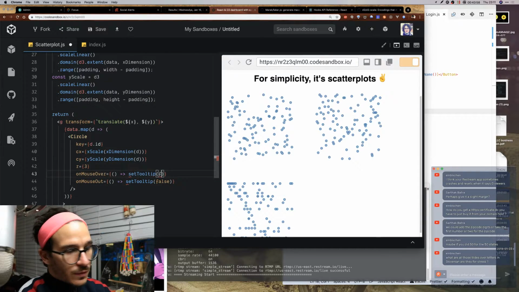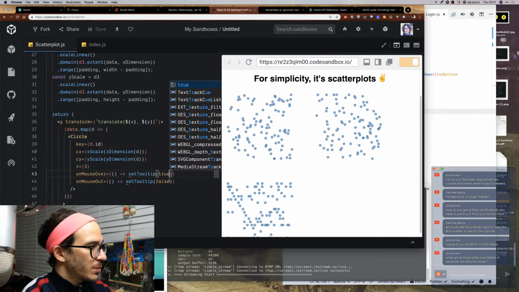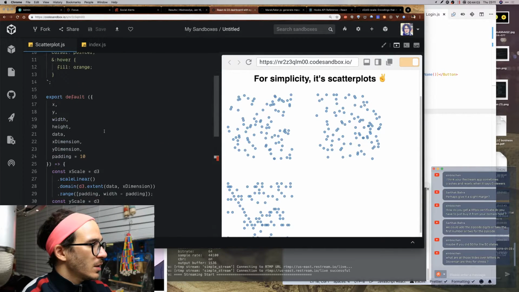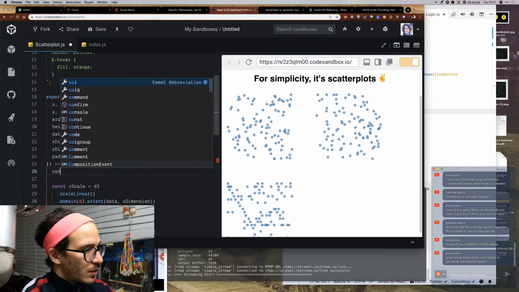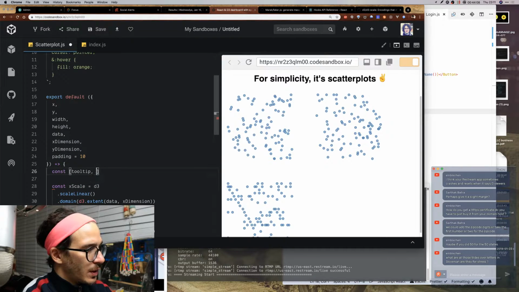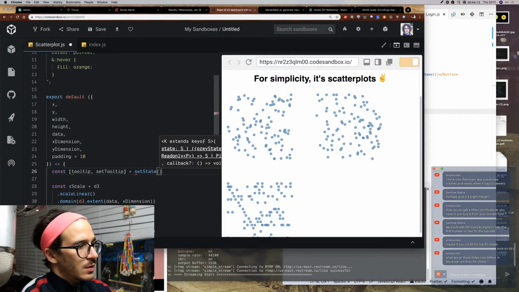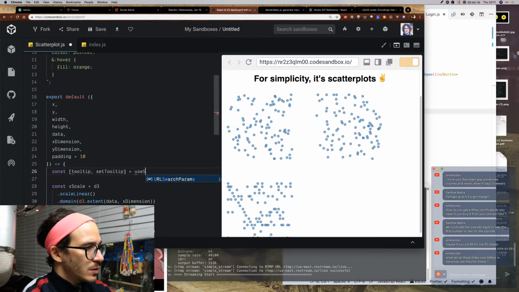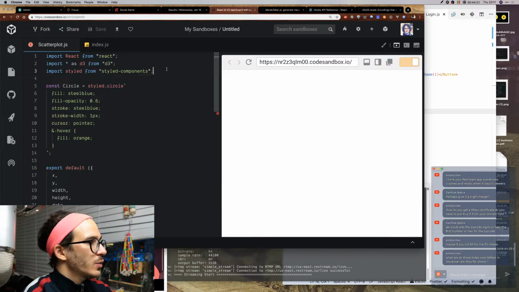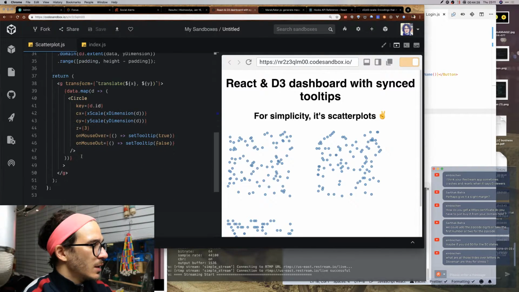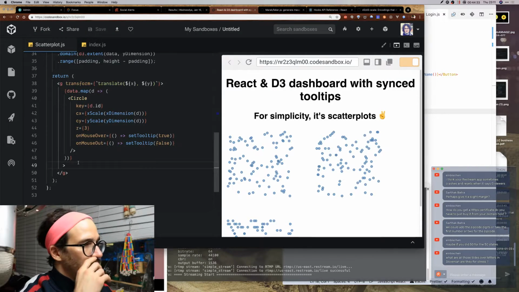So I got them flipped around. So we have set tooltip false and true, and here we're going to say const tooltip and set tooltip equals set state use state which starts as false, and we're going to import use state from React, and here if the tooltip is